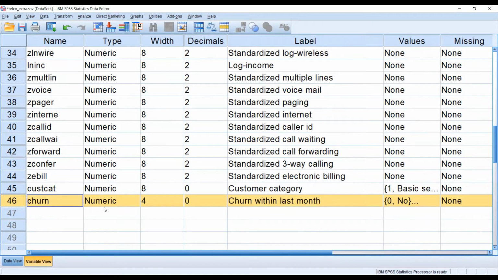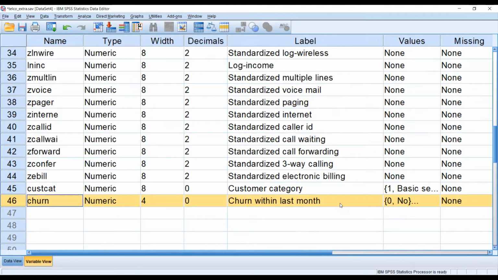Because churn is a dichotomous variable, we have to classify the customers on the basis of their loyalty, on the basis of the independent variables. So if you are going to use the churn variable in the analysis, then instead of cluster analysis, you should use a classification technique. But we are not using the churn variable here.